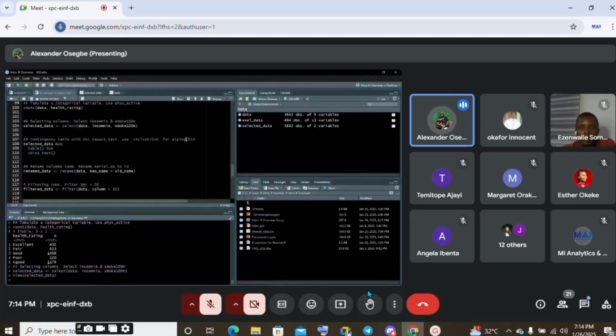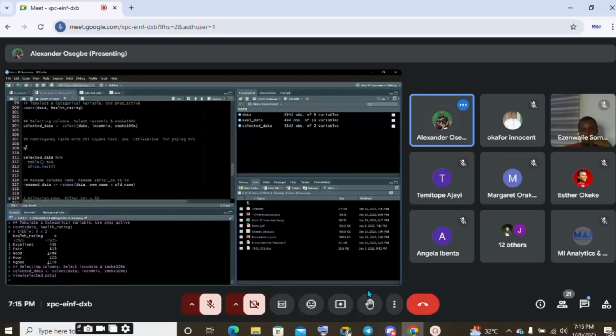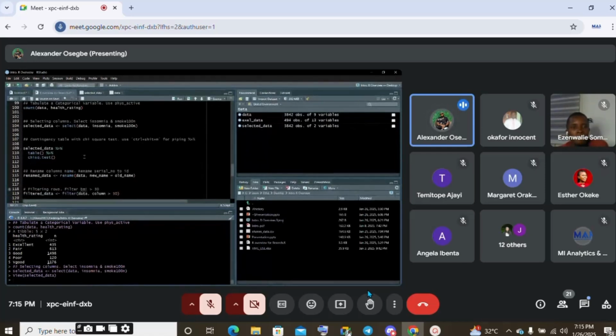Now I'll introduce you to a new syntax in R called the pipe. We call this the pipe or the piping syntax. People might choose to write percentage, then greater than, and then percentage. That's fine for beginners, but it's always advisable to be swift with your code. There is a particular keyboard shortcut we use for that, which is Control